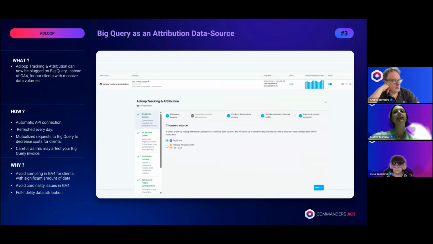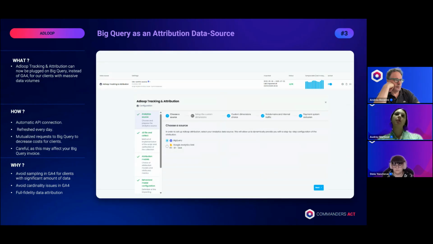To address these issues, we've built a direct integration with BigQuery. This allows Adloop attribution to rely on your raw, complete, and unsampled data pulled directly from the BigQuery warehouse. The result is an attribution that's accurate, complete, and reliable compared to the one with GA4 for large volumes.